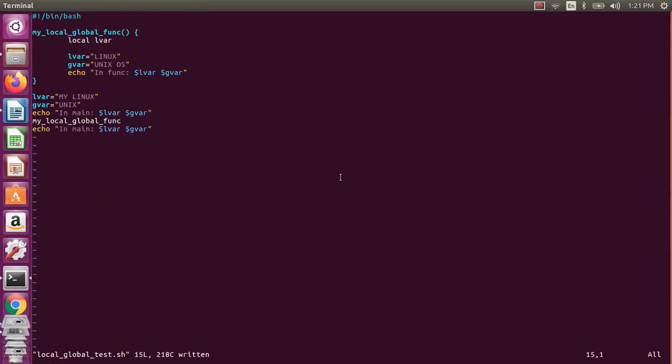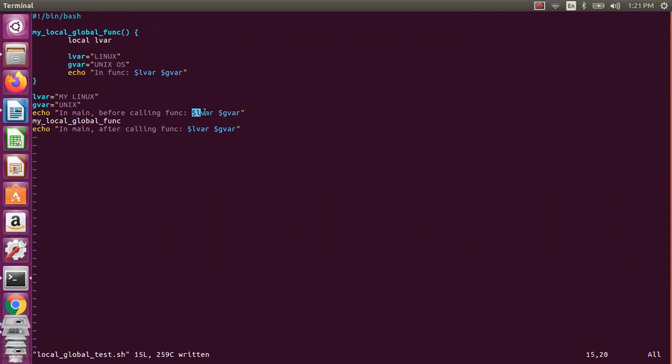So in main, before and after. Okay, there is no need in main before calling the function. This is after calling the function. Okay, so let us see this one.